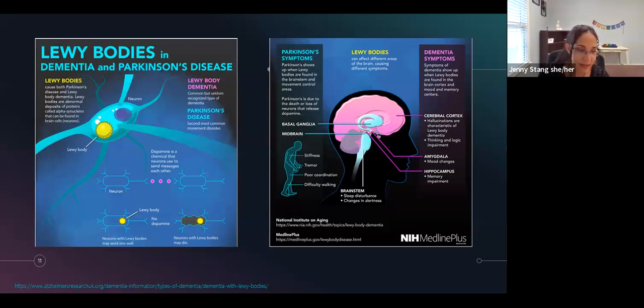And it's not always easy to tell if a person has Lewy body dementia or Parkinson's disease dementia, as the timing of the onset of memory and thinking problems isn't always clear, okay? So Lewy body dementia is an umbrella term that includes both Lewy body dementia or disease and Parkinson's disease dementia. And you might have people use both interchangeably, and that's okay, because it's kind of useful to do that since they do share a lot of the same